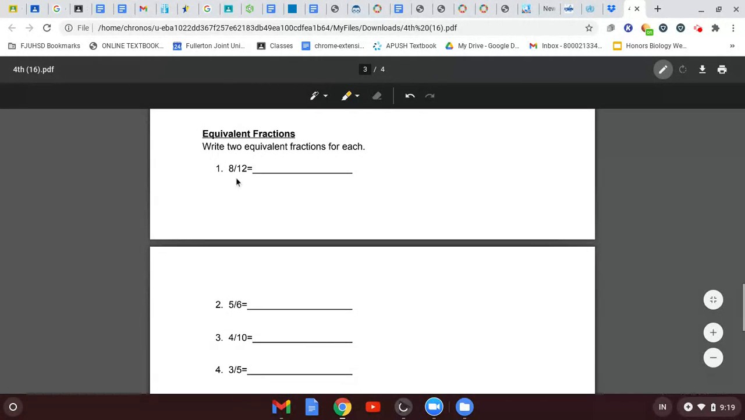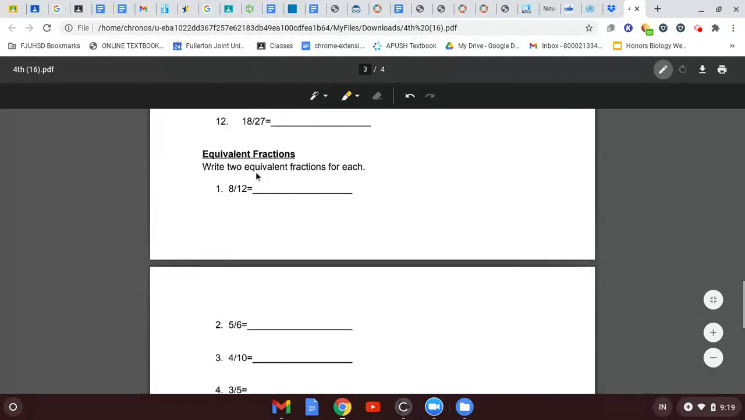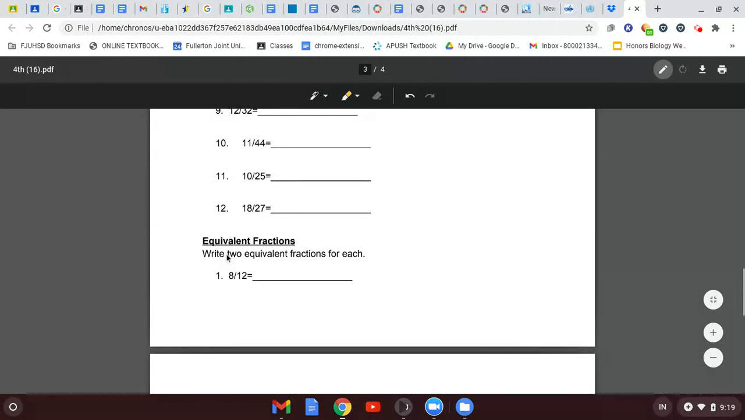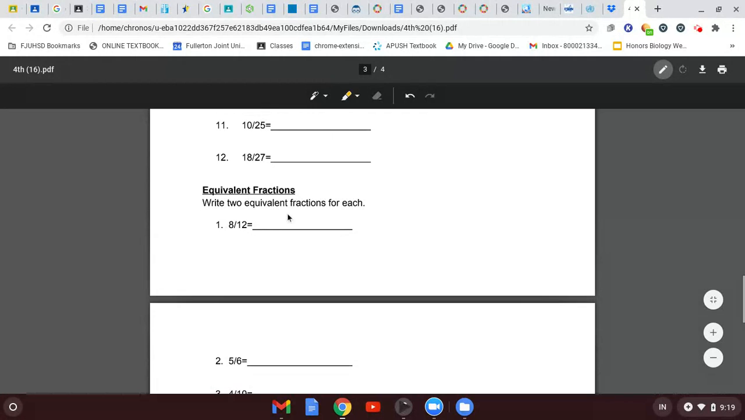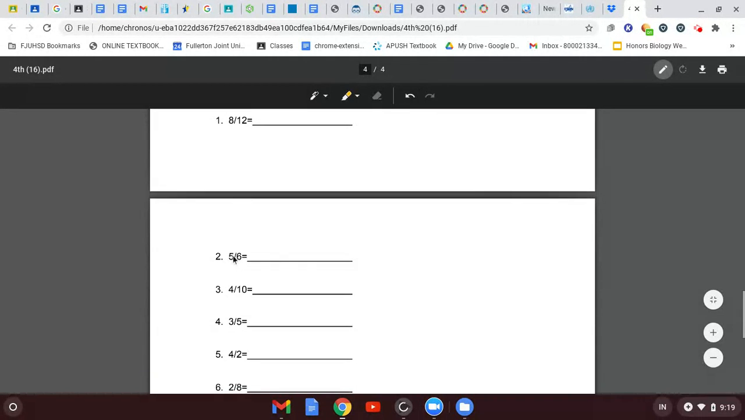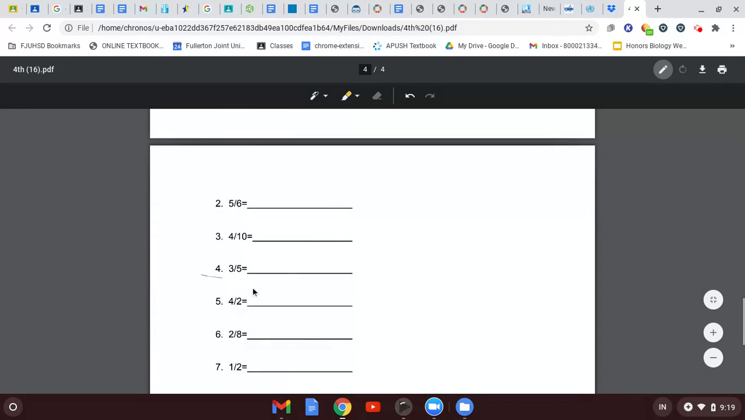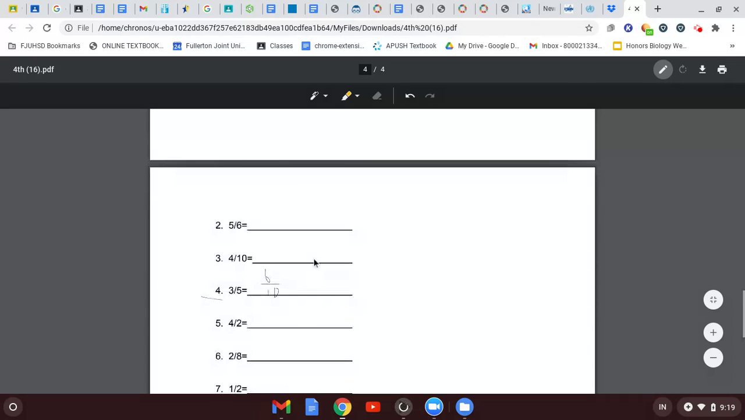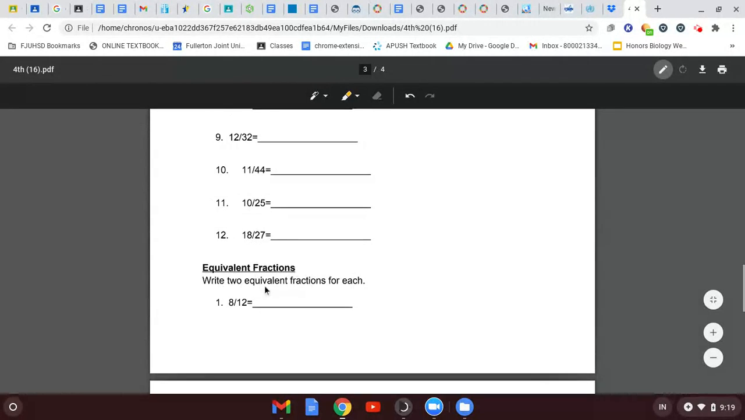This one, we're just trying to find out which ones make the same. So you could just do the simplest version of it, so make it either simpler or multiply by the same number. For number 4, you could multiply by 2. So it's 6/10, and it's basically the same thing. If you simplify this, it'll go back to 3/5, and that's why it's equivalent. For dividing, it's basically what